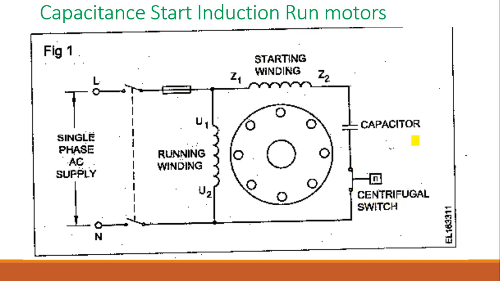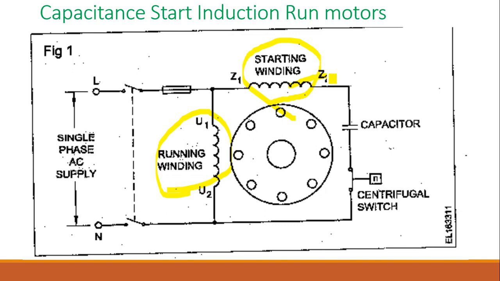The winding will normally be highly inductive for the running winding, and it will have resistance in the starting winding. Basically the winding and inductance will be there, but it will have more resistance, with less thick conductors. It has two purposes. It already has resistance, which means a lesser phase shift will be there, and also it is only for a short duration. The starting winding will be working only for a short duration, that is at starting only. So even if it is getting heated, it will not be a problem. After that it will be getting removed.